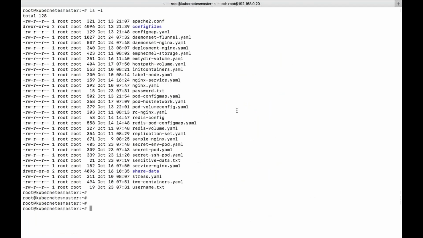Meanwhile, let us see the jobs and cron jobs which we have in Kubernetes. First, let us see what is a job. Let us say I want to create an object in Kubernetes. It should initiate the container, and once that particular task is done, it should be in completed state. It should not be in running state or running in the background. It has to complete its task and it is done. That is the purpose of using the job in Kubernetes.